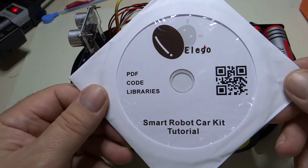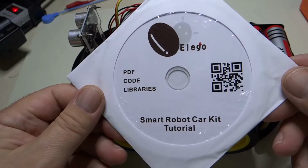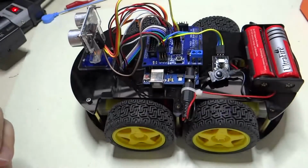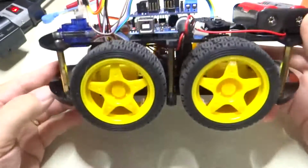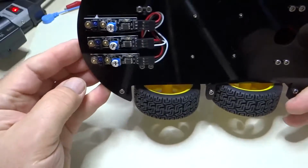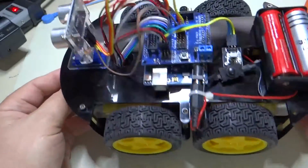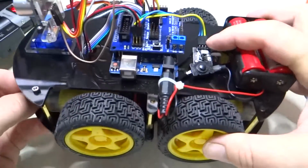Alright, here we go. This is the Elegoo Smart Robot Car. And I'm going to show you how to build one. But before I do, I'm going to show you how it works when they are finally completed. So this is basically what you're going to end up with. A nice little car. You've got line following capability. You've got distance sensing capability. And you also have this device right here, an infrared